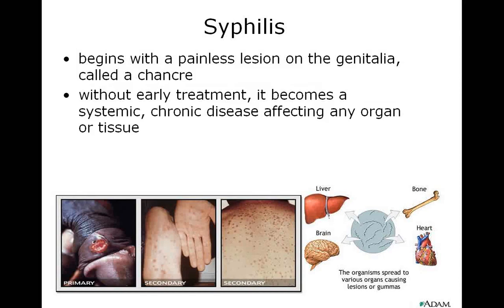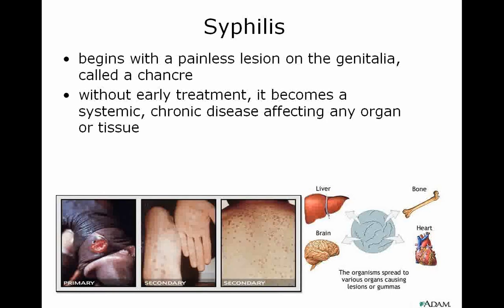Okay, the next one that I'm going to talk about is syphilis. It's a chronic systemic sexually transmitted infection that consists of 4 stages. The very first stage is the development of this sore called a canker. A canker is a painless but highly contagious lesion that's going to be on the genitalia of either the male or the female. Without early treatment during this primary stage, it becomes that systemic chronic disease that can infect